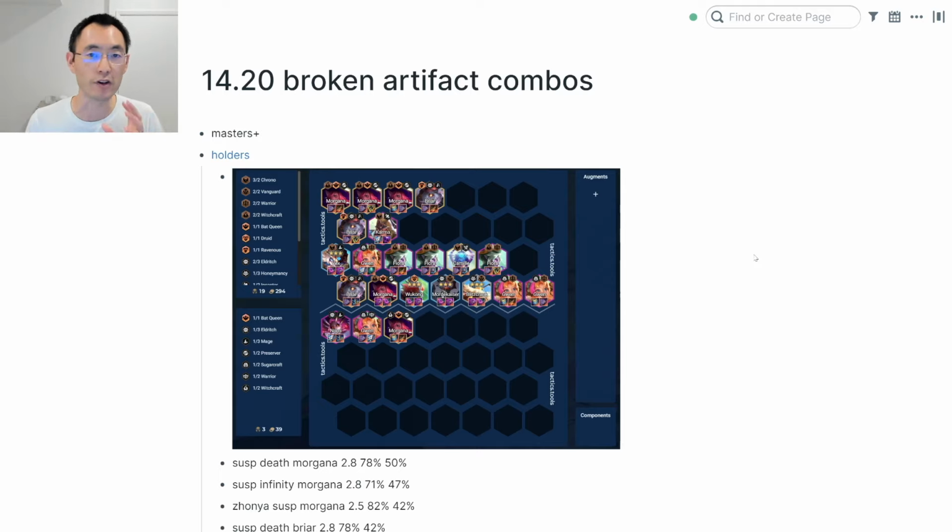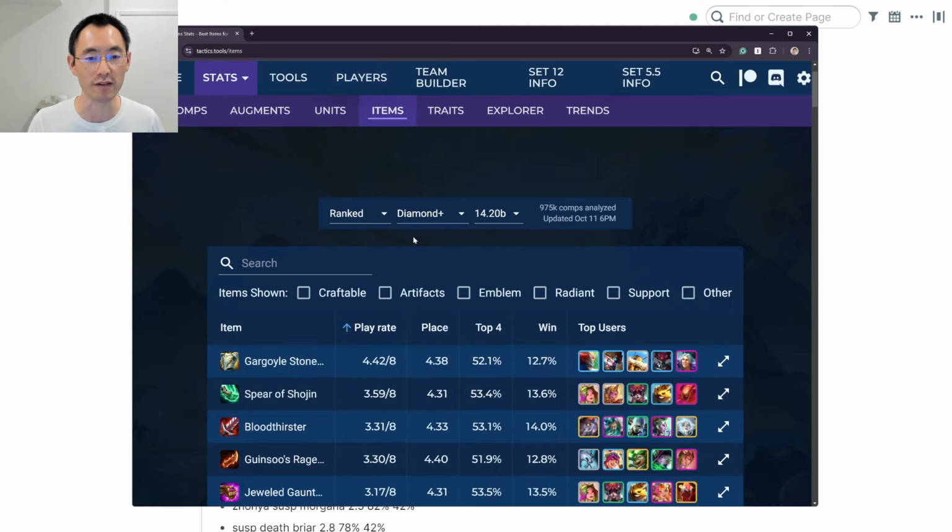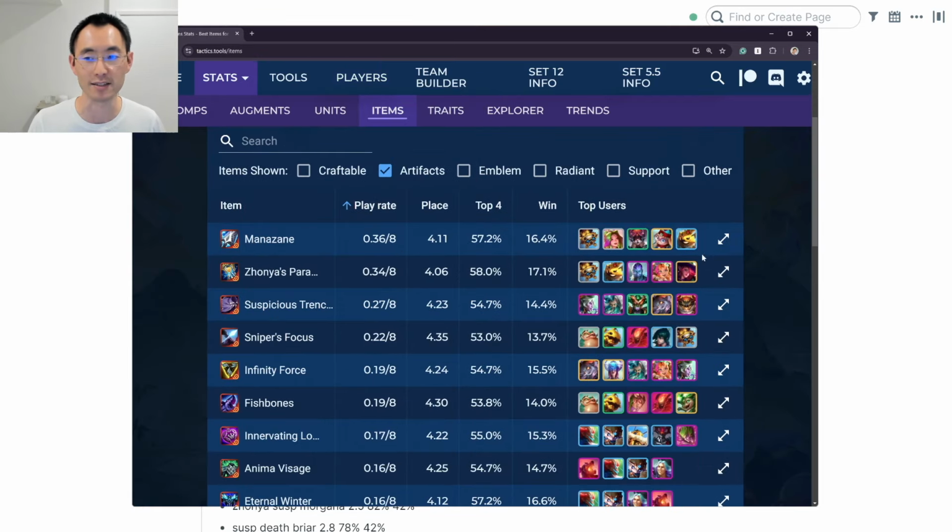So I want to first talk about my methodology. I couldn't really figure out a super easy way to break this down, so I'll share with you how I did it. And if you have a better solution that you've seen on the stats sites, I would love to hear your thoughts in the comments. The way I approached it was I went through each of the artifacts on tactics.tools,